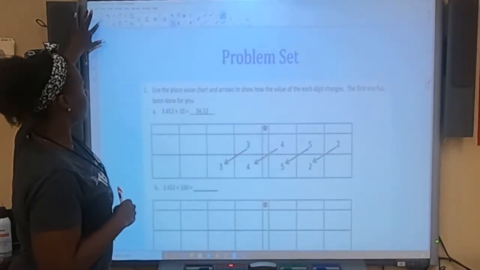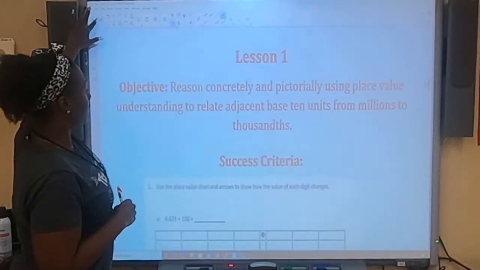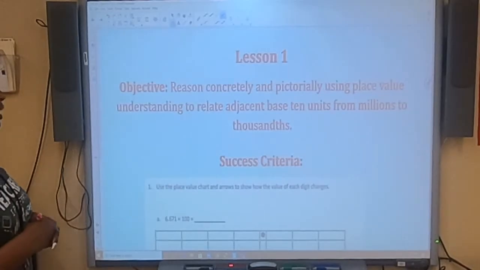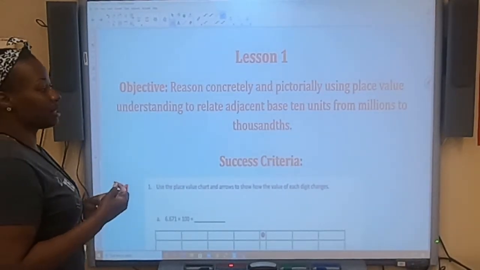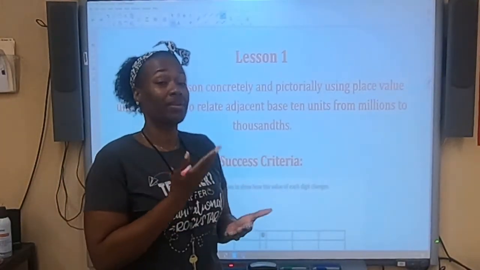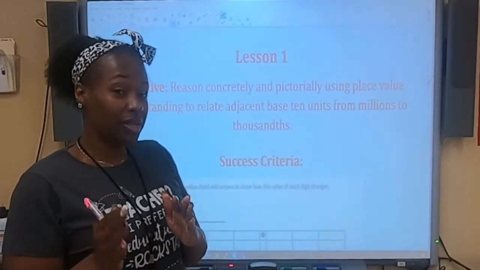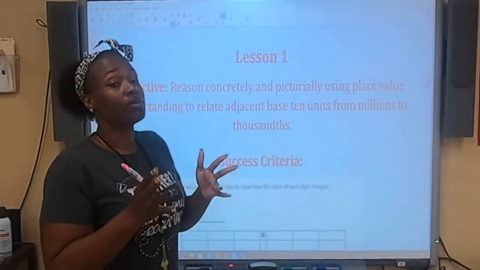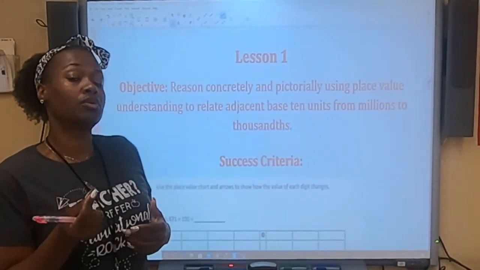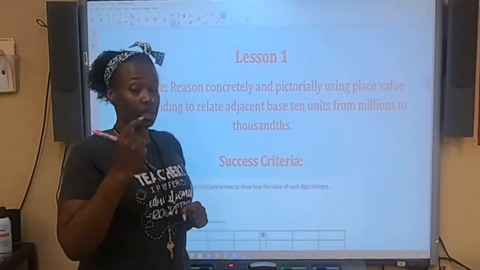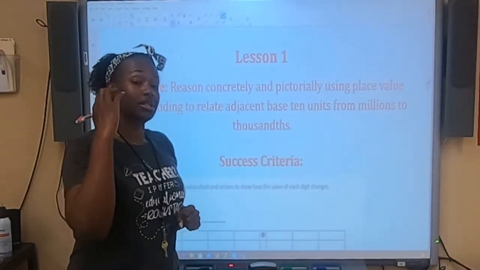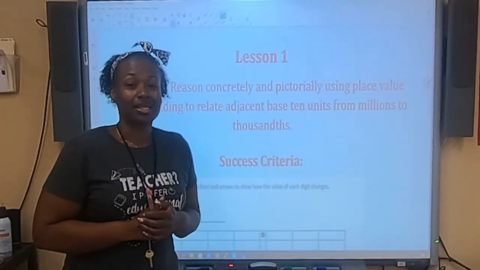So that concludes our lesson for today. Remember that in this lesson, we learned to reason concretely and pictorially using place value understanding to relate adjacent base 10 units from millions to thousands, which, as I told you, simply means we learned that when we divide, we move to the right on that place value chart, and when we multiply, we move to the left on that place value chart. The number of zeros tells me how many moves to make. 10 tells me to shift 1 time. 100 tells me to shift 2 times. 1,000 tells me to shift 3 times. Until our next lesson,